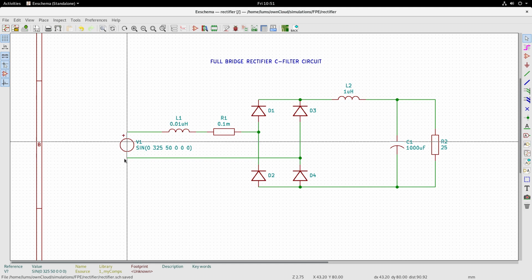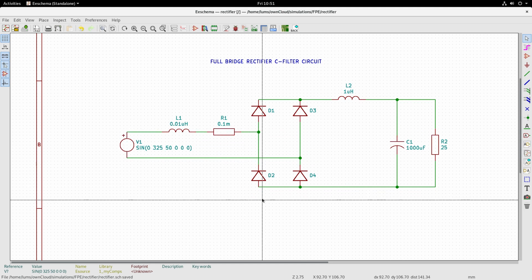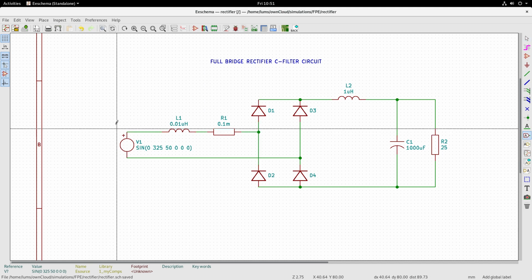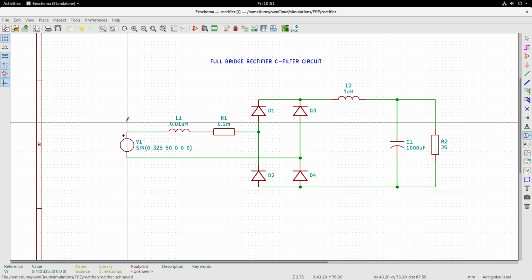Now we should also give labels to the nodes. So let us do that. So I will take this label, place the global label here, take that, and I will place the labels one by one.